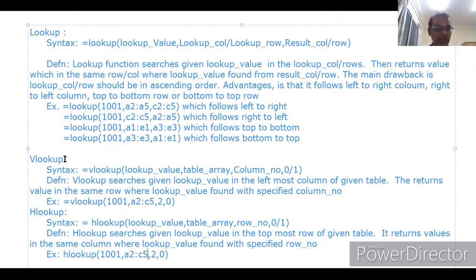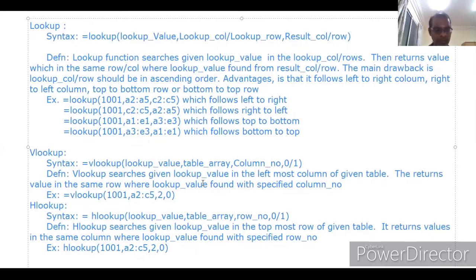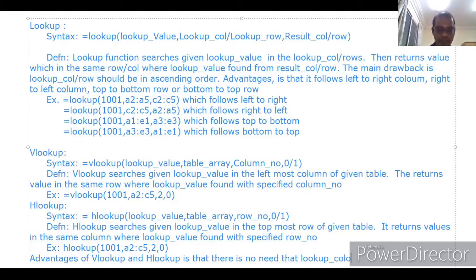The main advantage of VLOOKUP and HLOOKUP is that there is no need for the lookup column or lookup row to be in any order.